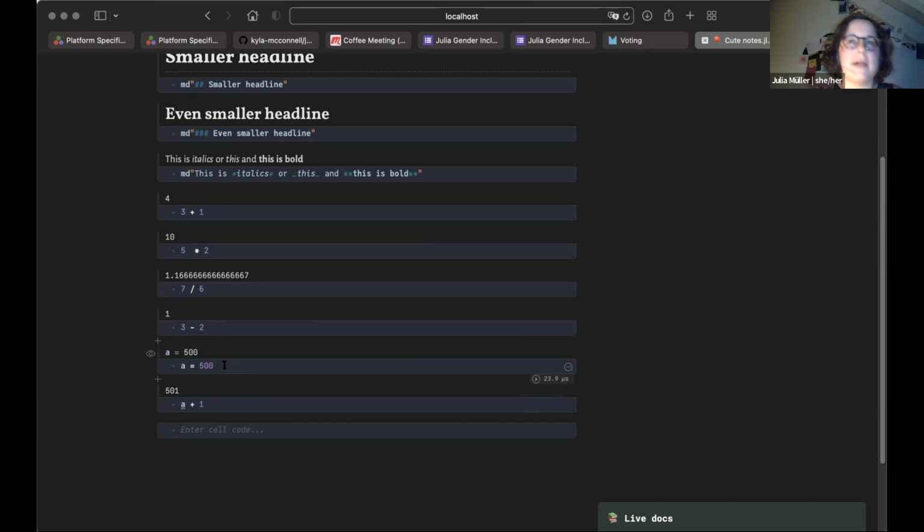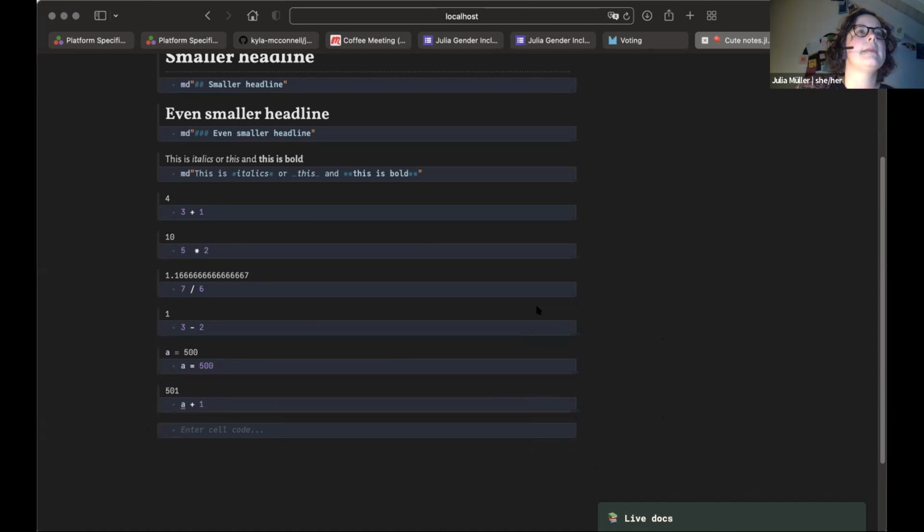So it knows that this value of A has now changed, and then it updates it automatically in the entire notebook. So this is very useful. And that's one of the reasons why we would like to use it for teaching.